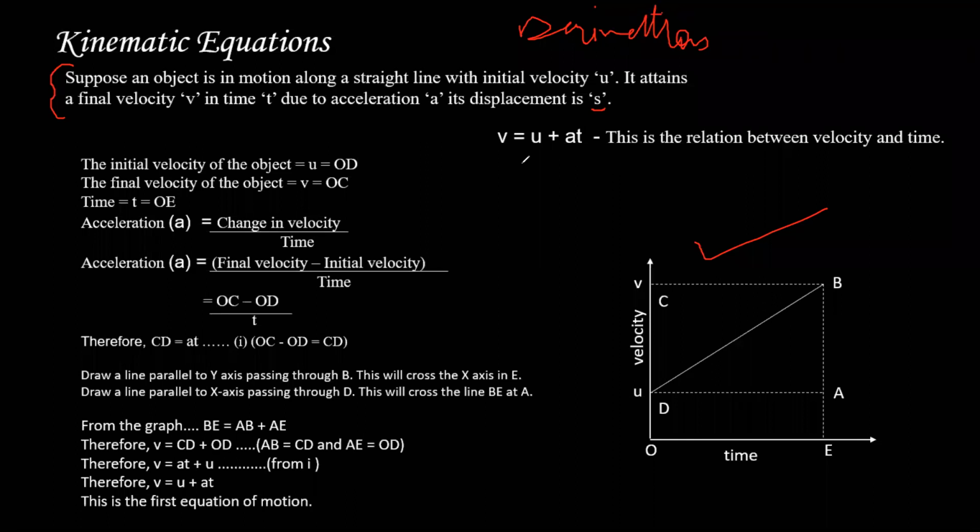All right, look at this over here. Initial velocity of the object is u. This graph is time on the x-axis versus velocity on the y-axis. Now I started from point O, my starting point. Initial velocity of the object u is equal to OD. So this is the initial velocity. What it means is, for example, let's say u is equal to 20 kilometers.